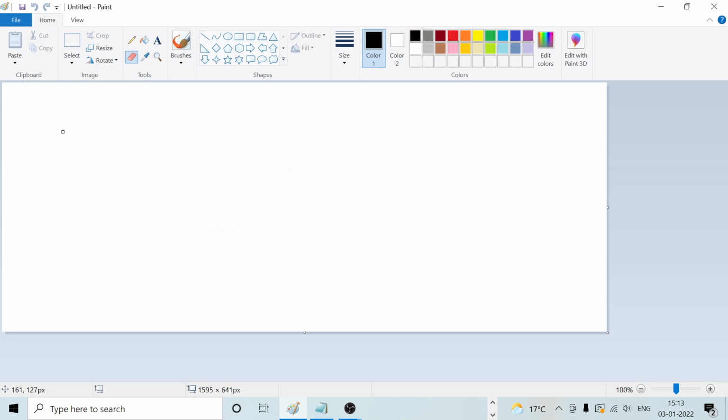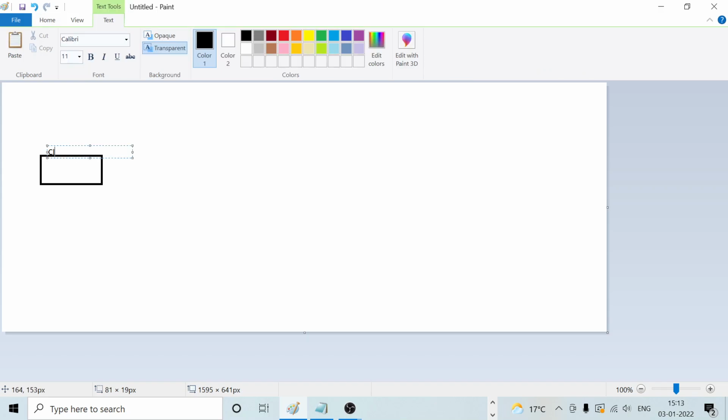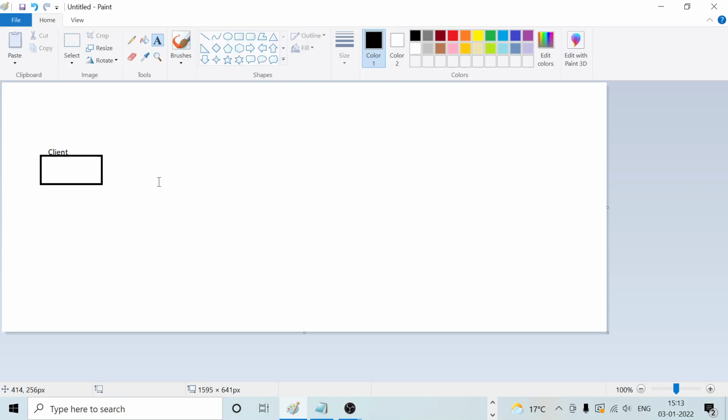So HTTP message, in the sense that if there is some client, you can see here there is some client and server. This is one client. Within that we have some servers. This is the server, and it has lots of information within it.